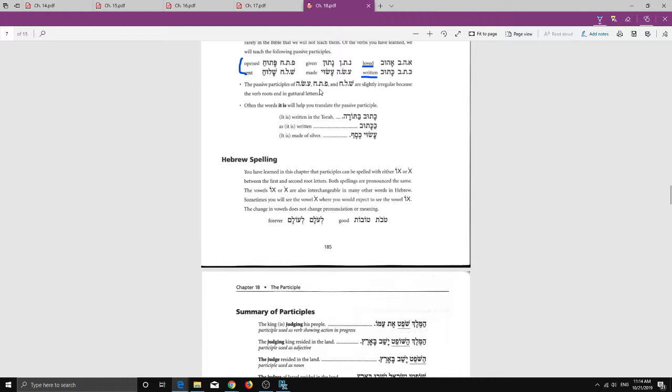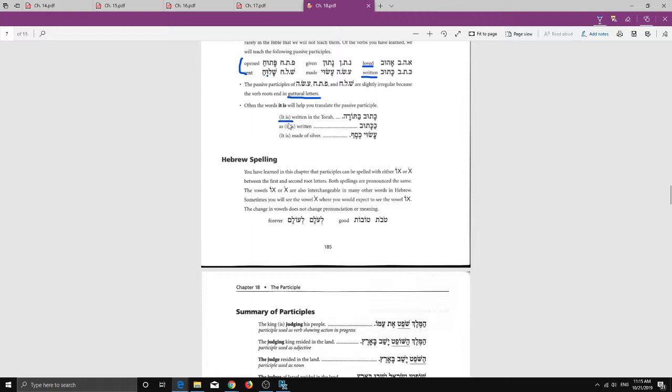And pointing out why we have a furtive patach here and why the hey drops out and we have a yod here instead: it's because they're guttural letters, and so some minor changes take place because of that. We're not going to go into why those changes happen unless one of you is curious, and you can contact me and I'll get into stuff like that with you. But for now, I don't need you to memorize any of these changes. Really, the important thing is this U-class vowel here. Shaluach. Okay.